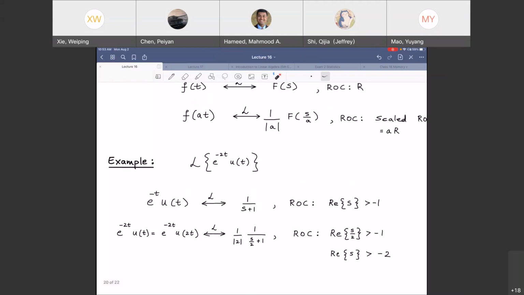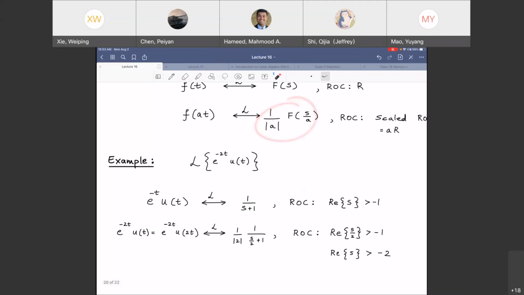So I get what? In the Laplace domain, using the property, I get 1 over 2, and instead of s, I have s divided by 2 here. Now you can simplify this to get whatever. What are you going to get? You are going to get 1 divided by s plus 2, right? That's what you will get here, because I know the property of this. It is going to be 1 divided by s plus a. In this case, a is 2. So I already know the answer is 1 divided by s plus 2. You should get that. How about the region of convergence?